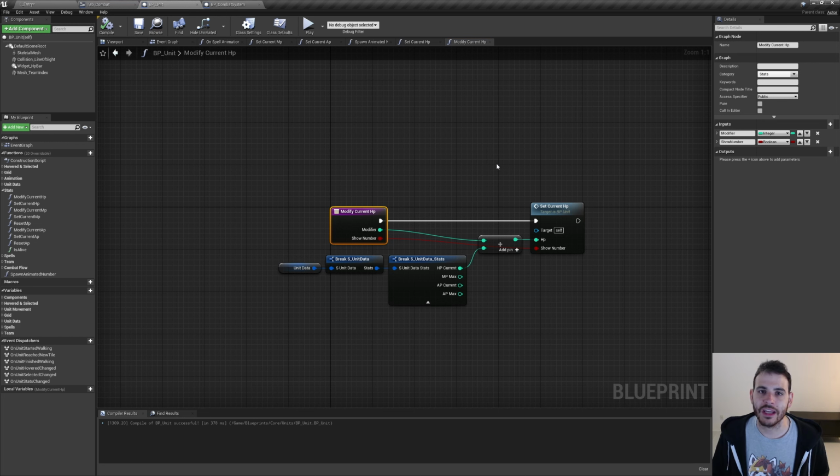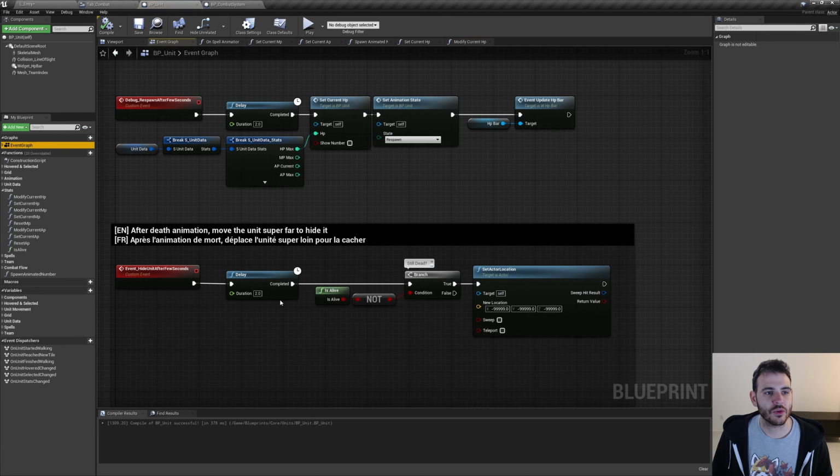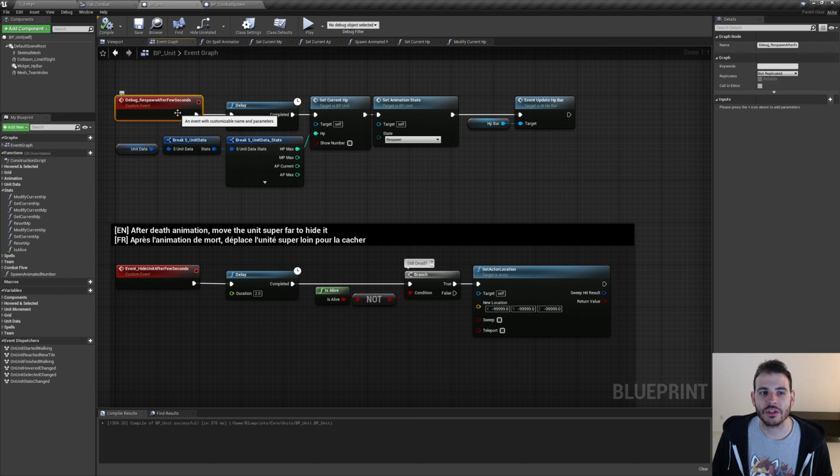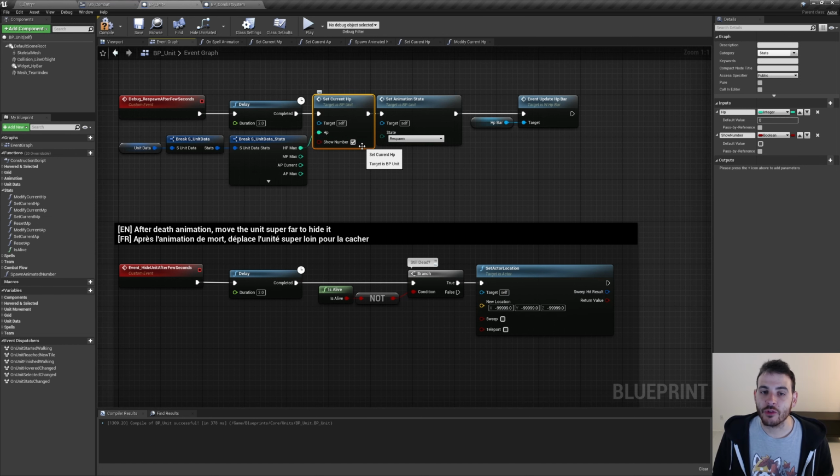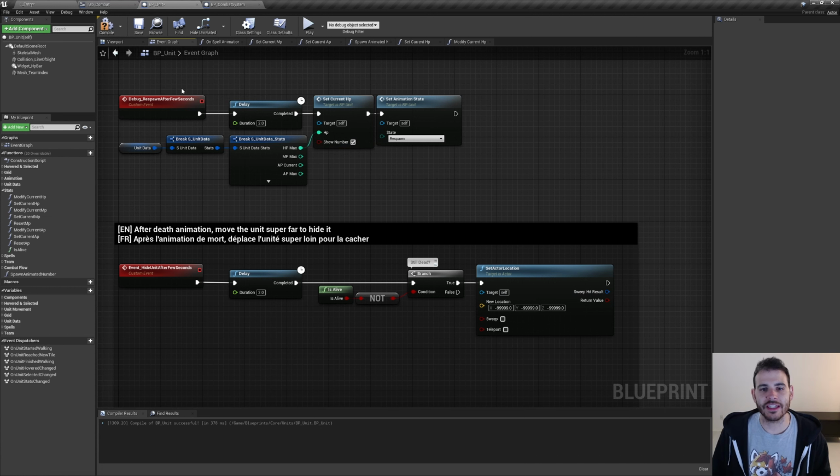And there's just one place today that I want to modify to use this new feature, and it is where we are respawning the unit in the event graph. So let's go in the event graph right here. In the debug respawn, after a few seconds we are setting the current HP. In this case I'm going to show the number because I think it's going to be more interesting, and it's also going to automatically refresh the HP bar, which means that we don't need that little piece of code right here. So let's just delete that and then we can compile and save, and I think that's gonna be it